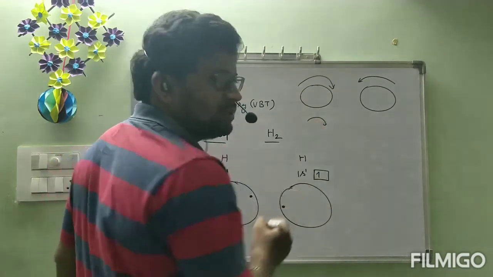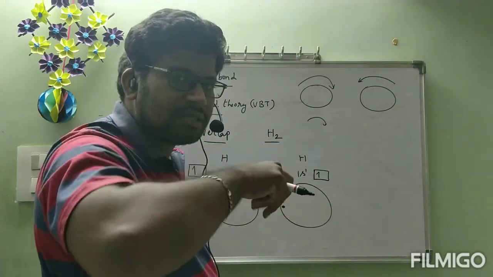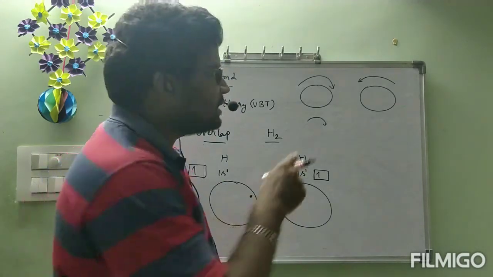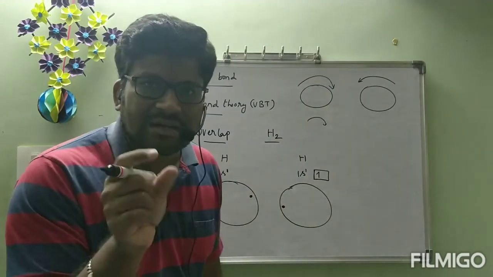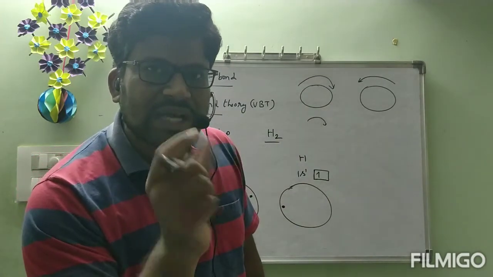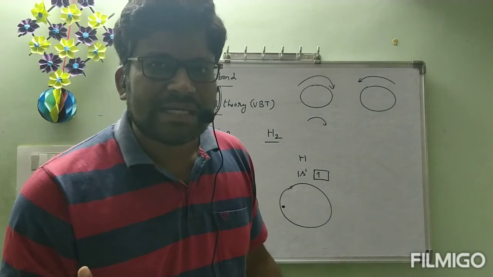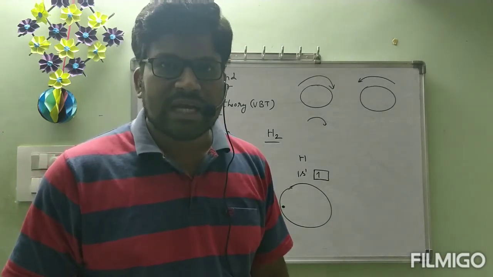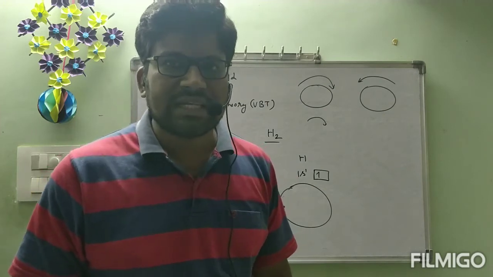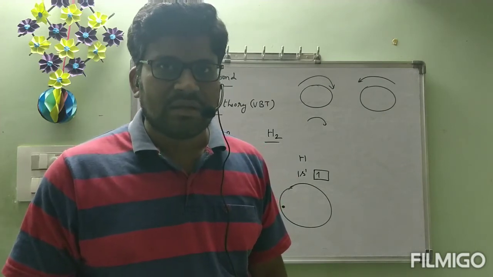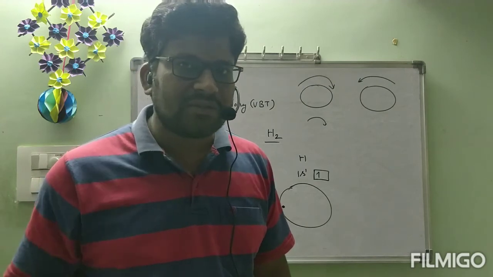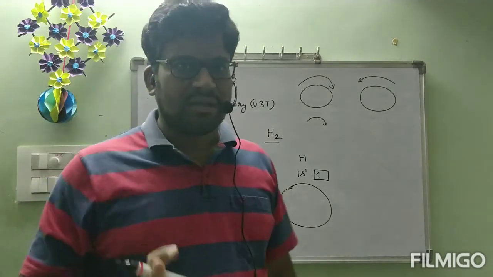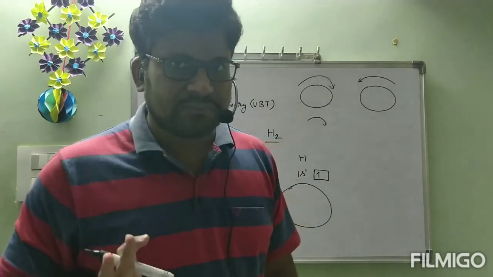In clockwise direction. Because of the clockwise movement, some magnetic field will be generated surrounding this electron, because the electron carries negative charge. If negative charge is moved, that is nothing but electricity. What is meant by electricity? Definition: rate of flow of charge is called electricity. Whether it is negative or positive charge is not the matter. If any charge is moved from one place to another, there electricity flows.